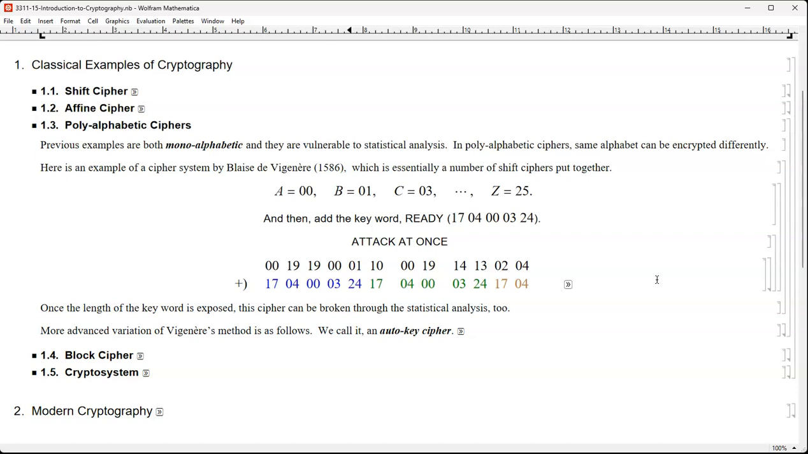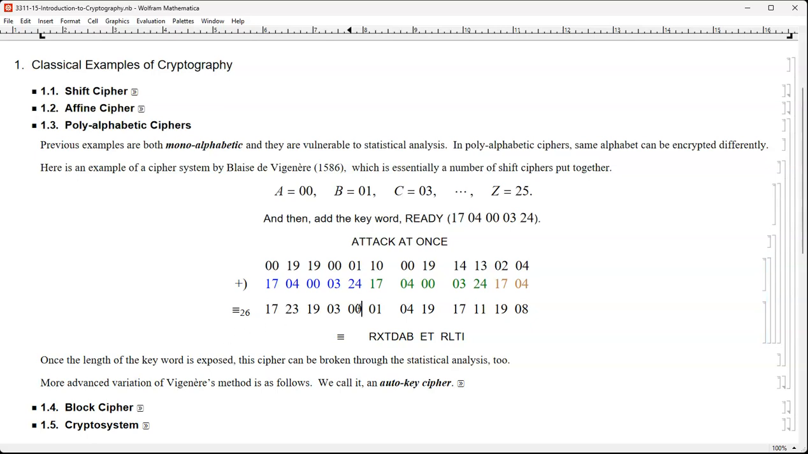And if we had a longer message, then we have many READYs, and we are going to do all the addition modulo 26. So basically, for each column, a shift cipher takes place: adding 17 modulo 26, and then adding 4 modulo 26, adding 0 modulo 26, and then adding 3 modulo 26, and finally adding 24 modulo 26. If you do that, you're going to get this result